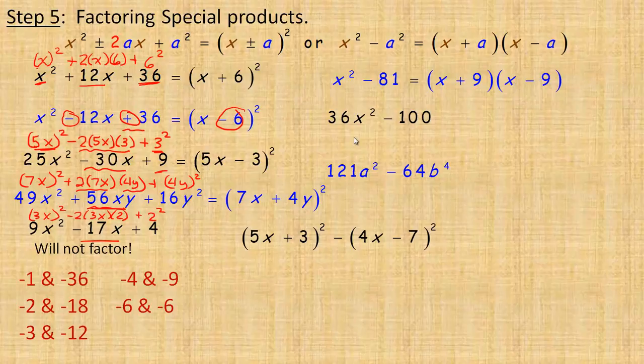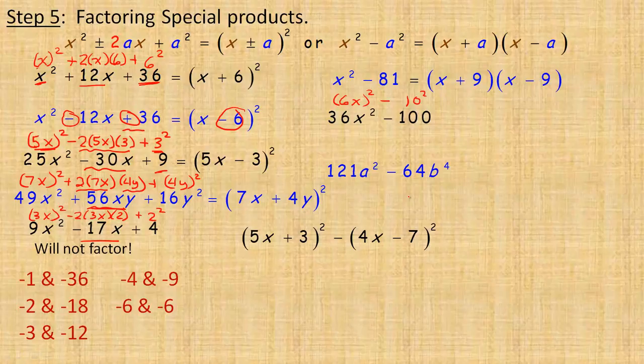Again, you can check by multiplying. If you expand this together, you will get x squared minus 81. The next one here, see, it's 6x that's being squared here, and 10 that's being squared here. And so they are perfect squares. But